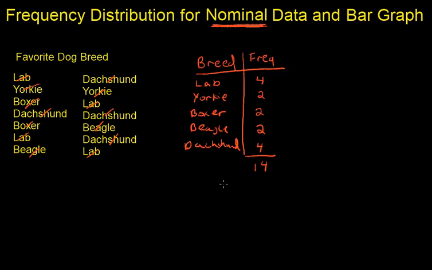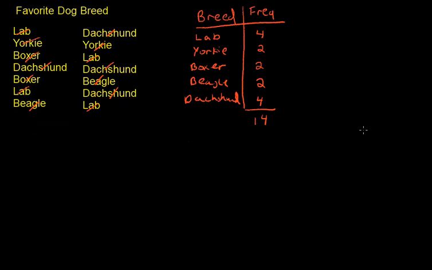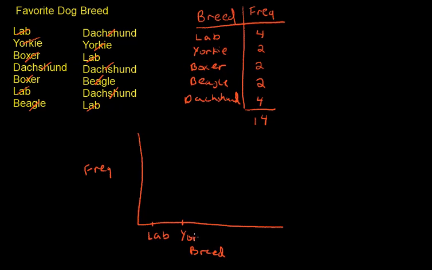So now let's go ahead and create the bar graph. I'm going to scroll down a little bit. All right. So for my bar graph, I'll have frequency over here, and then down here I'll have the breed. And I'm going to go ahead and make tick marks. Lab, Yorkie, Boxer,